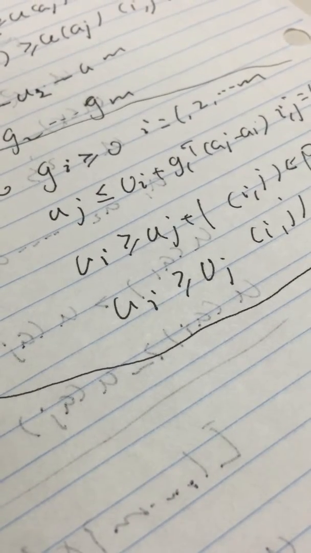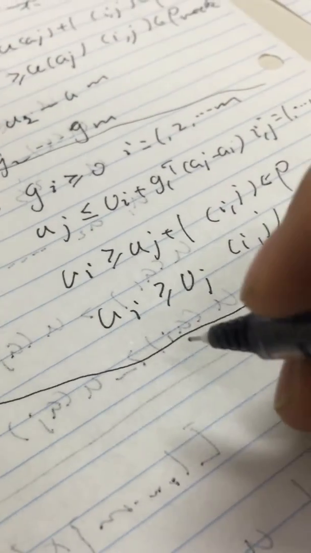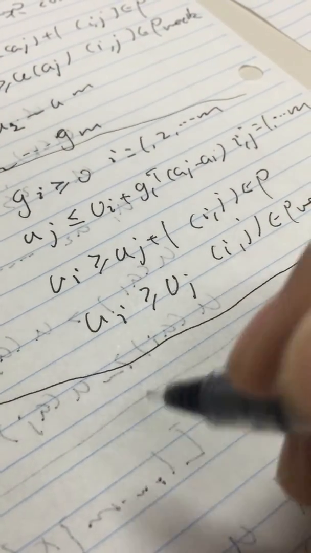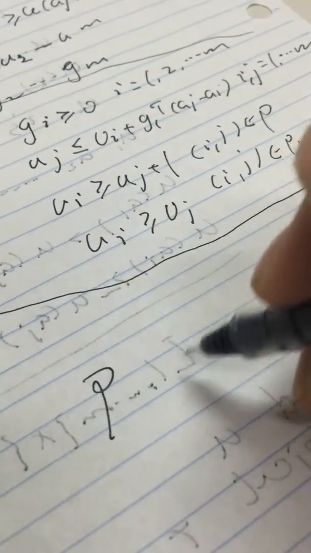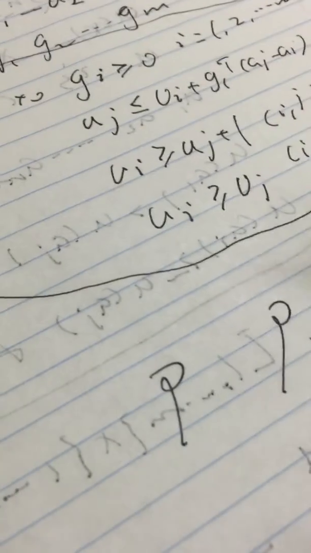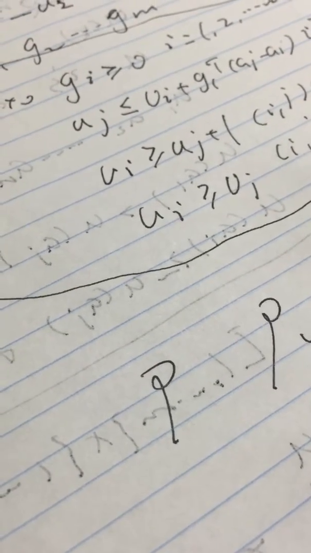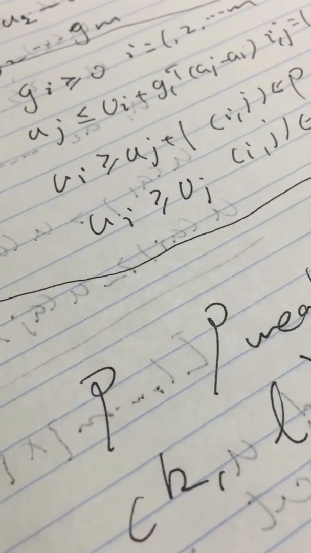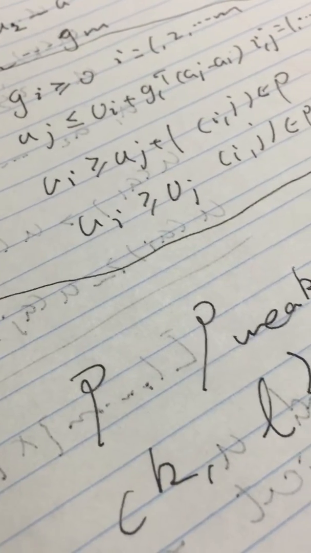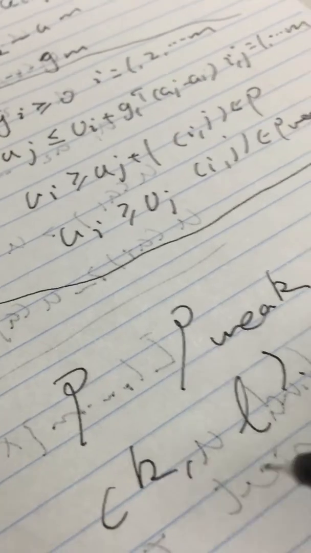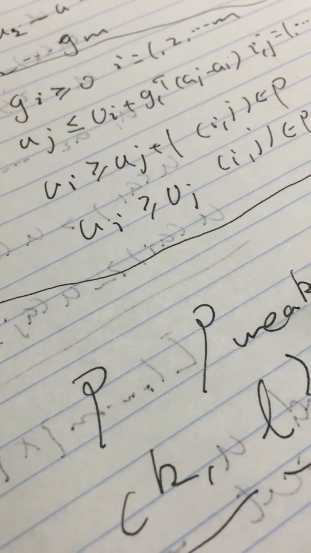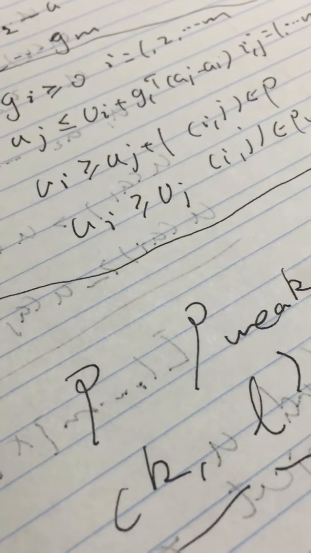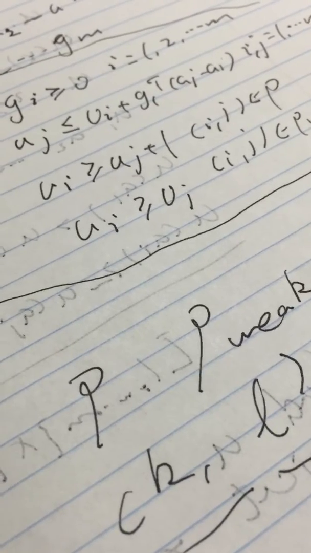As an example, suppose that P and P weak, the consumer preference sets, are known to be consistent with at least one concave increasing utility function. Consider a pair K and L that is not in P and P weak. For example, consumer preference between baskets K and L is unknown. In some cases, we can conclude that a preference holds between baskets K and L, even without knowing the underlying utility function. To do this, we augment